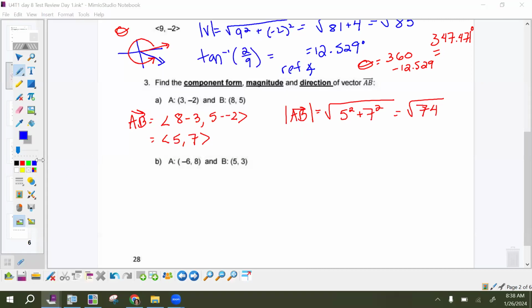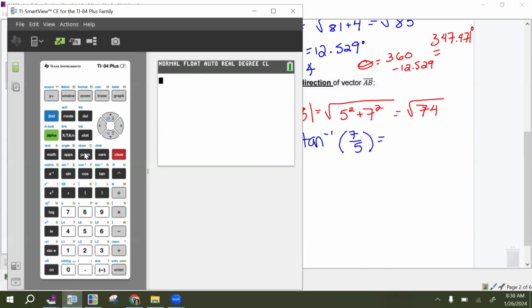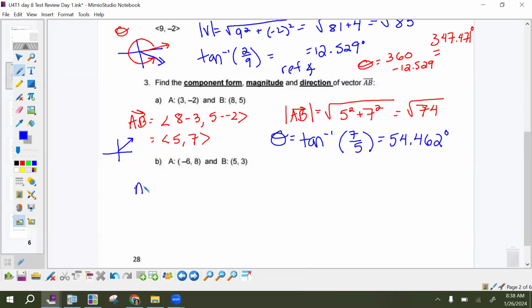5, 7 as a vector, when I do my direction, is in quadrant 1. So the value we get from tangent inverse will be the actual direction of the vector. 54.462 degrees. All right, so now part B,